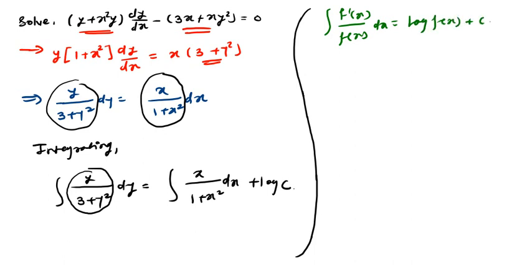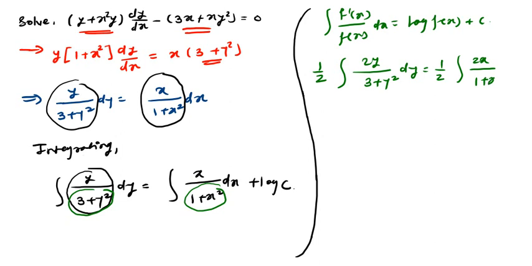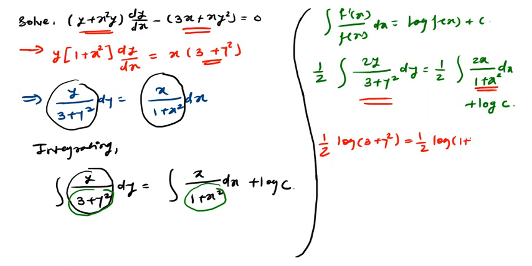If you observe here, the derivative of 3 plus y square is 2y, so we need to adjust 2 here, so this will be 1 by 2 integration 2y upon 3 plus y square dy equal to, again the integration, derivative of 1 plus x square is 2x, so we need to adjust 2 here also. This will be 2x upon 1 plus x square dx plus log c. Okay, so integration of this term will be log of 3 plus y square is equal to 1 by 2 integration of this term will be log of 1 plus x square plus